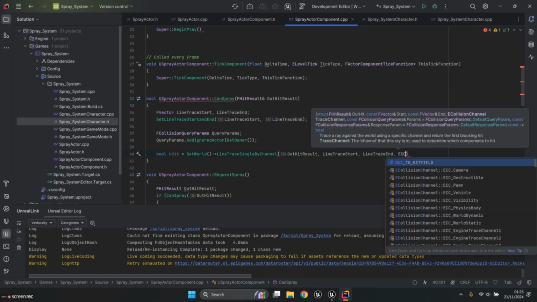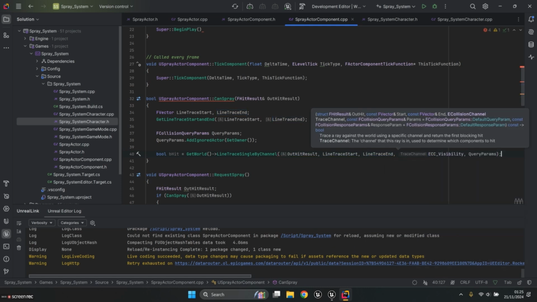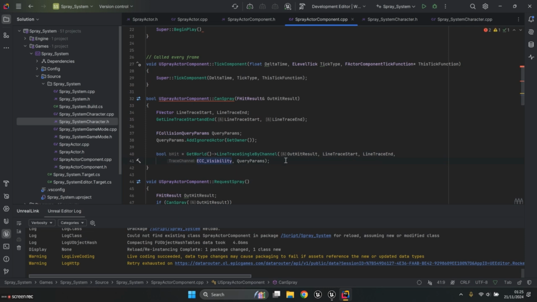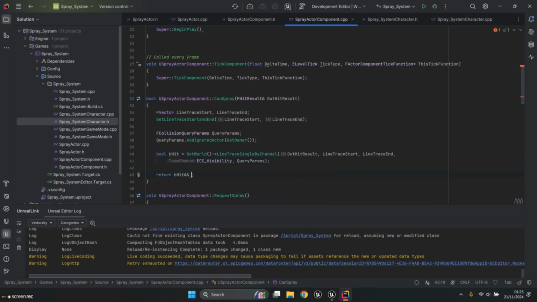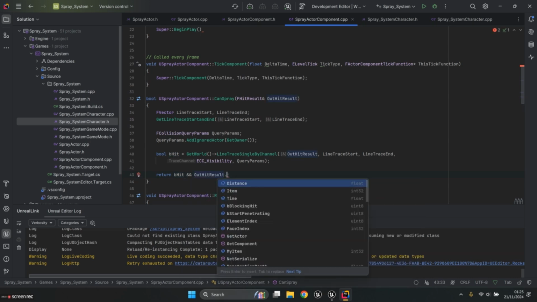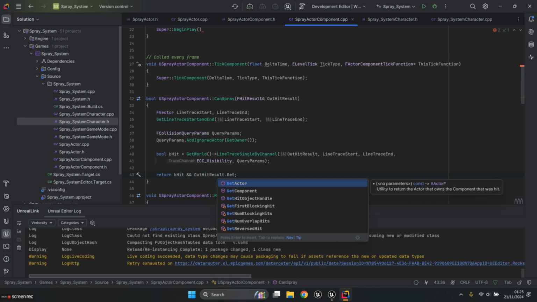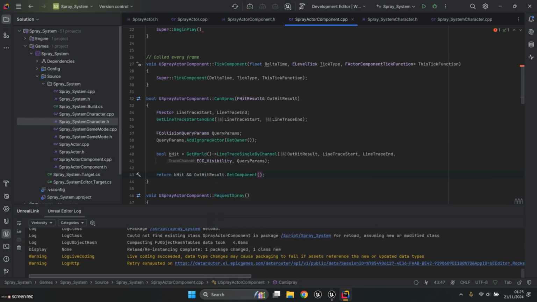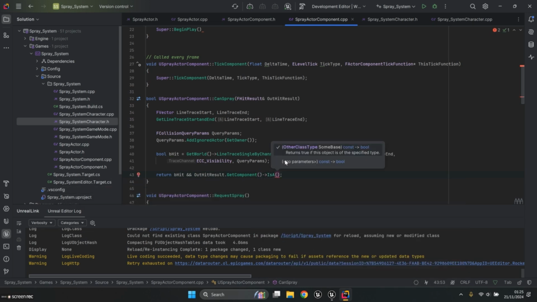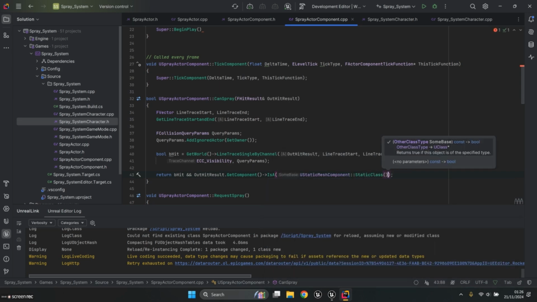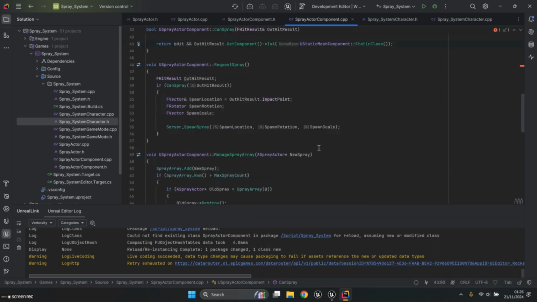set to ECC_Visibility, and then QueryParams, and return bHit. And from our hit result, get component and check if it is a static mesh component,